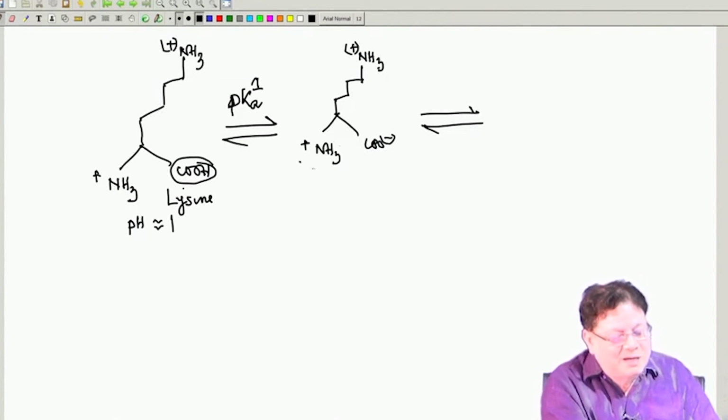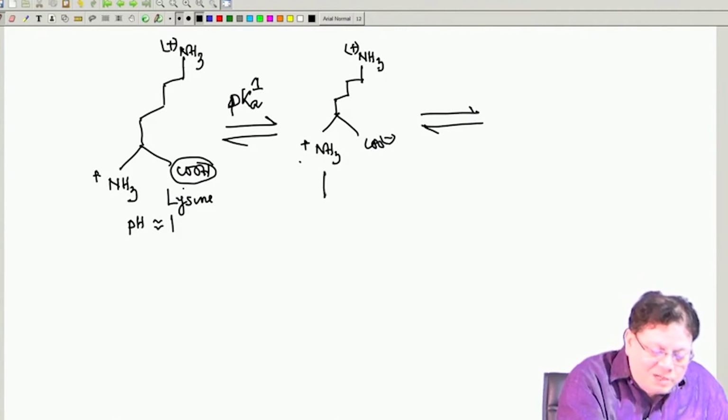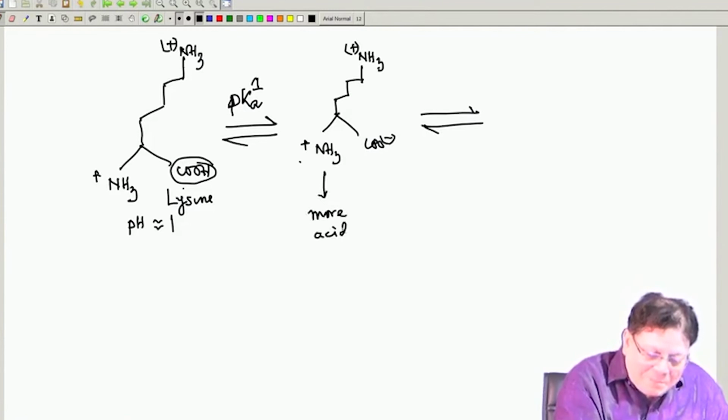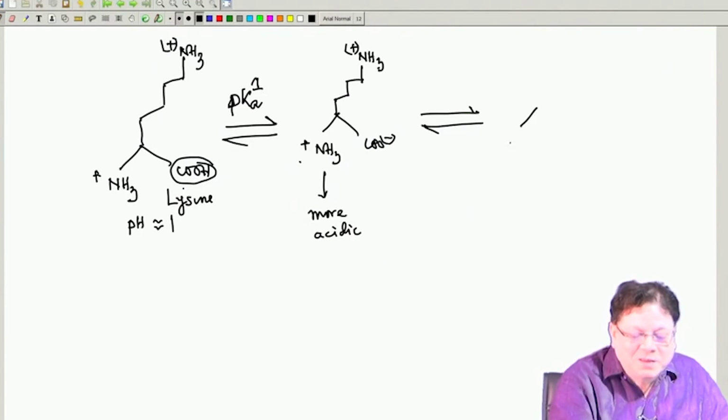So, these hydrogens are more acidic, because this amine is less basic. Okay. So, this is the hydrogen that is going to be lost, NH2 and COO minus,